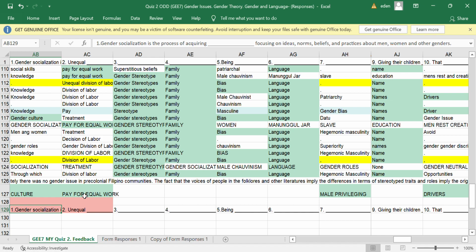Okay. And then, yung question number 2 is also, hindi nyo na basang mabuti siguro yung question. But you can easily say that the correct answer is pay for equal work, because the question is unequal blank is the gender issue portrayed by the pay given to men and women. Okay, and so the unequal pay is very obvious in the video